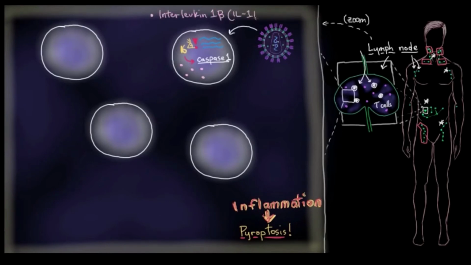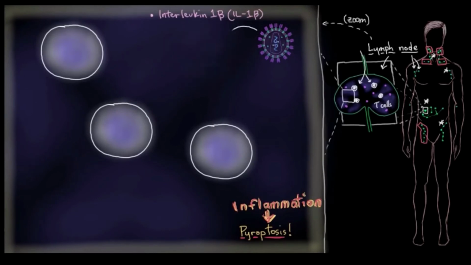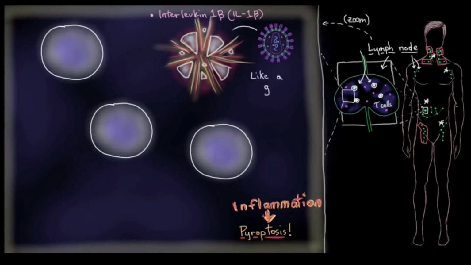And interleukin-1 beta creates this really inflammatory environment inside the cell. And remember what happens when you have a massively inflammatory environment in a cell? The cell might end up being destroyed by pyroptosis. And indeed, that's exactly what happens here. You can actually think of it like a grenade going off. And I think we all know that grenades suck because of shrapnel that they release that causes damage to bystanders. And in fact, there is a similar thing that happens here. So the shrapnel after pyroptosis are all of these little pro-inflammatory interleukin-1 beta particles that then get exposed to all